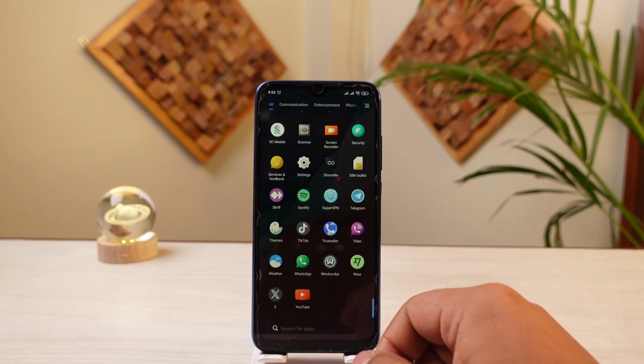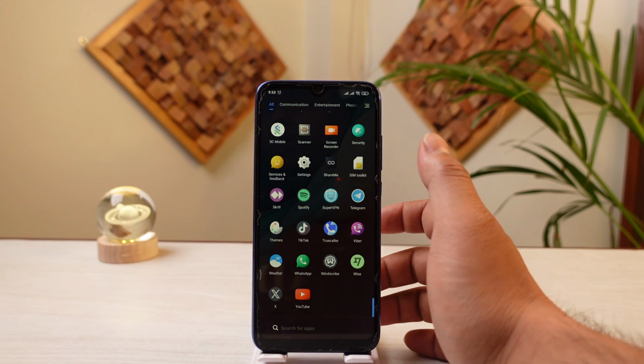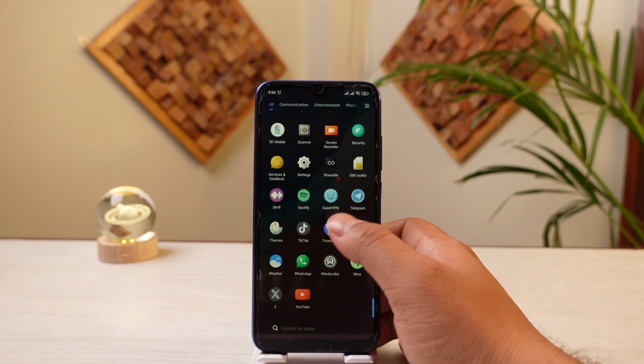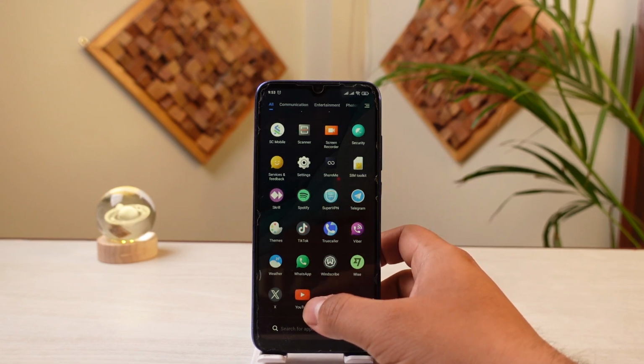In today's video, let me show you how to fix X app crashing. Welcome back everyone to this new tutorial video. If your X app is constantly crashing, in this video, let me show you a few solutions that you can